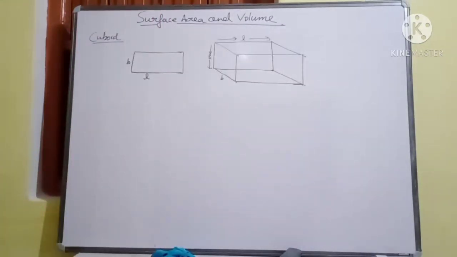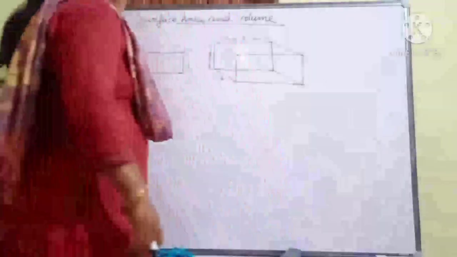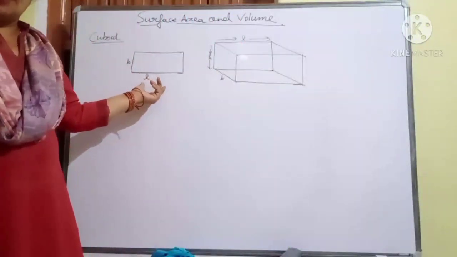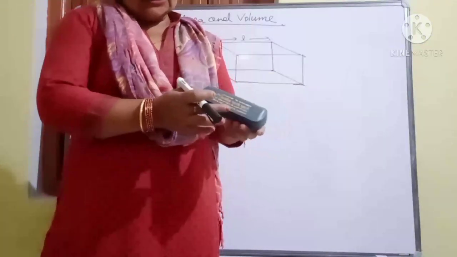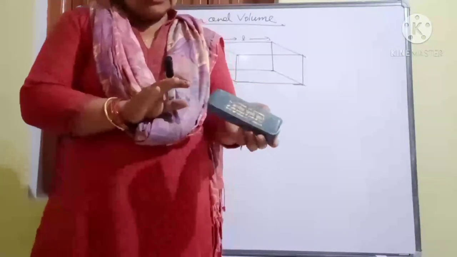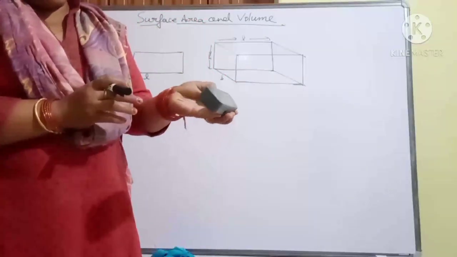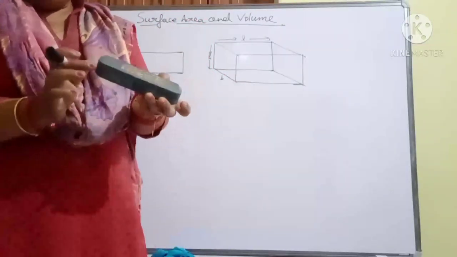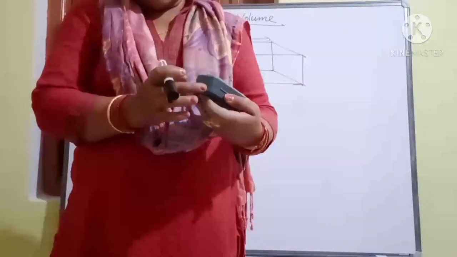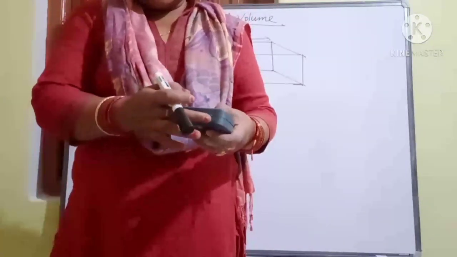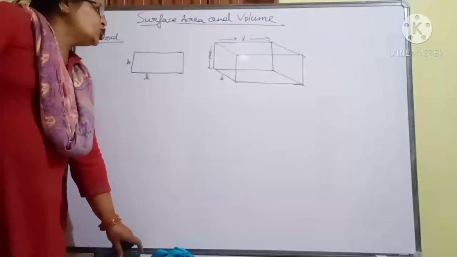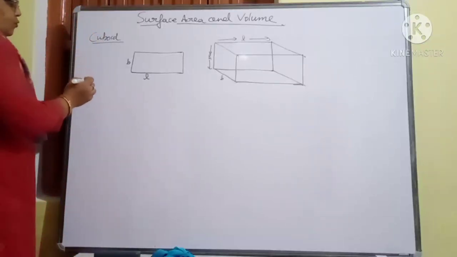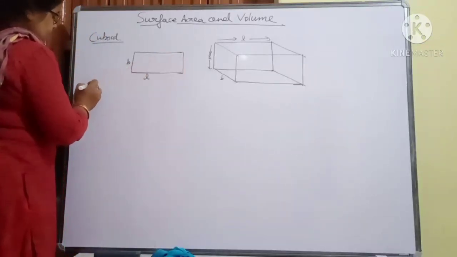Now see that beta, I have made cuboid. In cuboid, all the faces will be of rectangle shape. Rectangular. For example, this is an example of cuboid. If I will close this box, it is a cuboid, and see that all the faces are of rectangle. 1, 2, 3, 4. See that this is also in rectangle shape. This face is also in rectangle shape. This one face is also in rectangle shape. So all the faces are of rectangular shape. Okay, so if I would like to find its area, means TSA